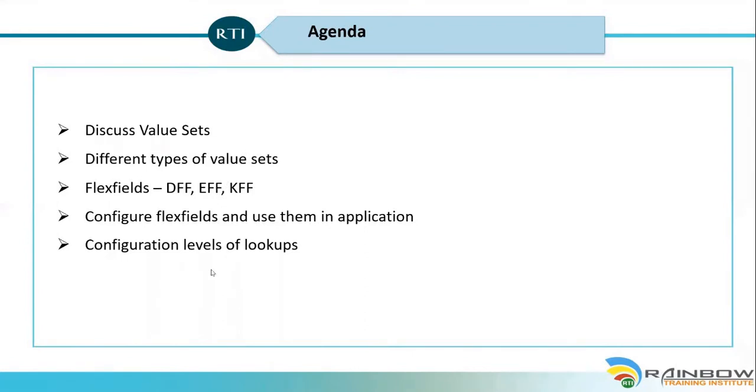And the way we understand these three components is we log into the application, we create value sets of different types. You can create value sets of 5 types. We'll create value sets of each of those types, and then we will use those value sets to configure the flex fields. I'll explain the use case.